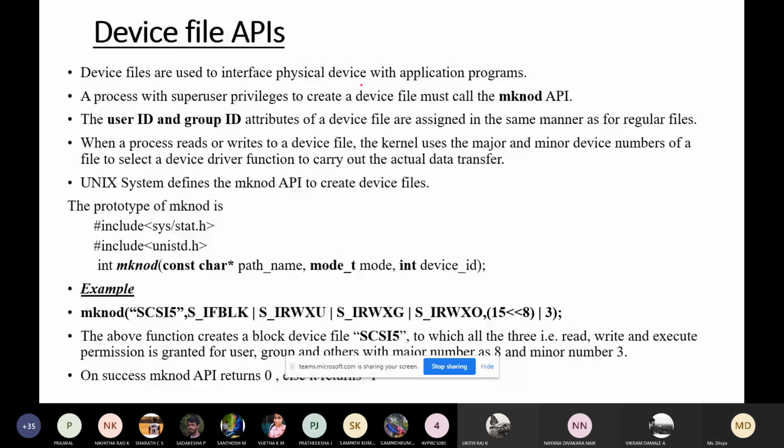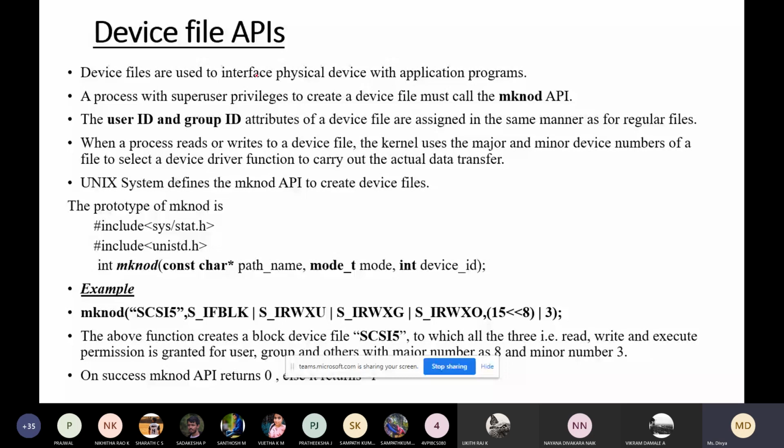In Unix, there is a separate folder where you can find the files associated with the devices, maybe the keyboard or the terminals. These files are used to interface the physical device with the application programs.